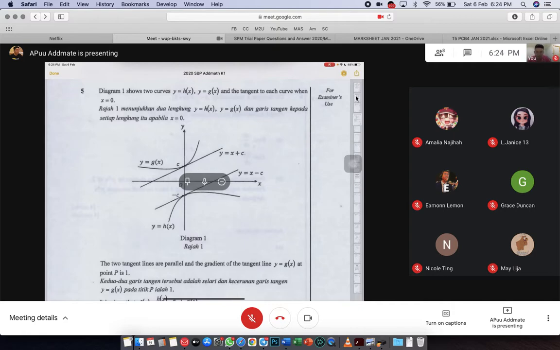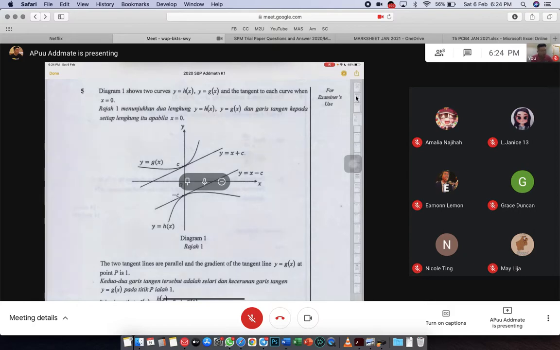Nicole, 你有做过这样的题目吗？你有做过这一个 set 了吗 Nicole？这个 set 是 SBP 2020的。